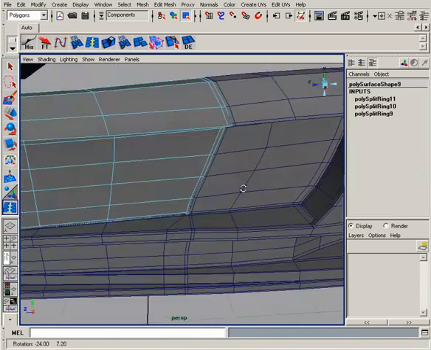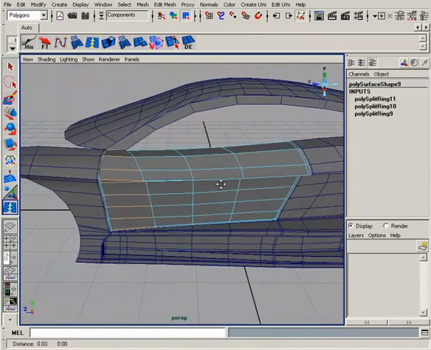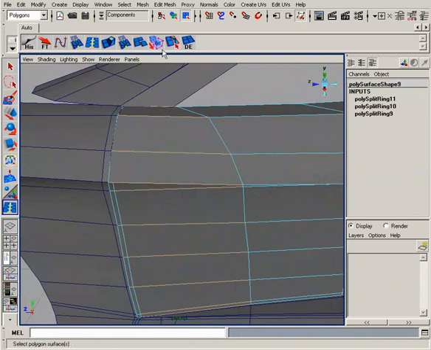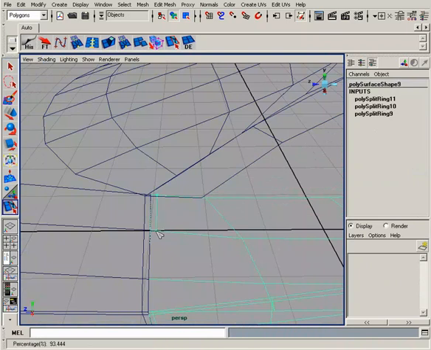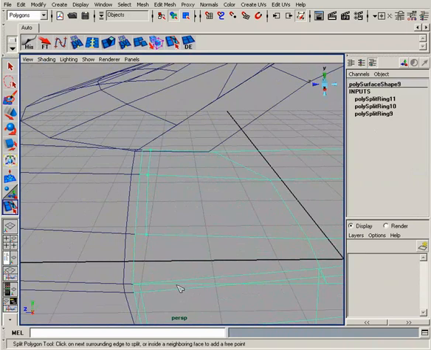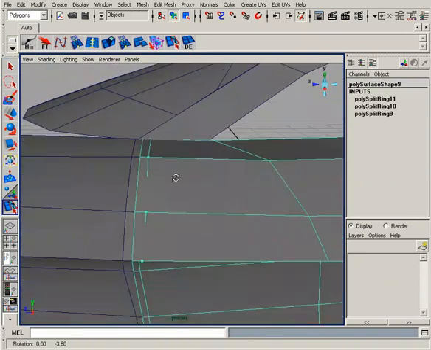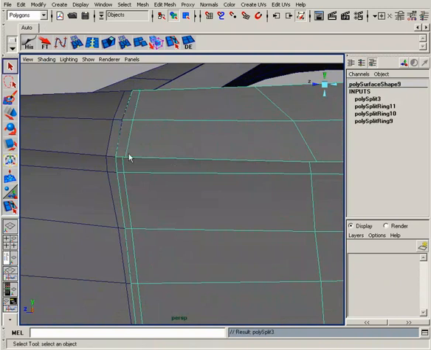Okay, so it's actually looking pretty good. Let's go in and figure this guy out. So I know I want an edge loop to be along the top here, but because we have that triangle, it's giving us a little bit of a problem. So just want to go in and manually take care of that. So I've drawn my edge loops there. Now let's take a look